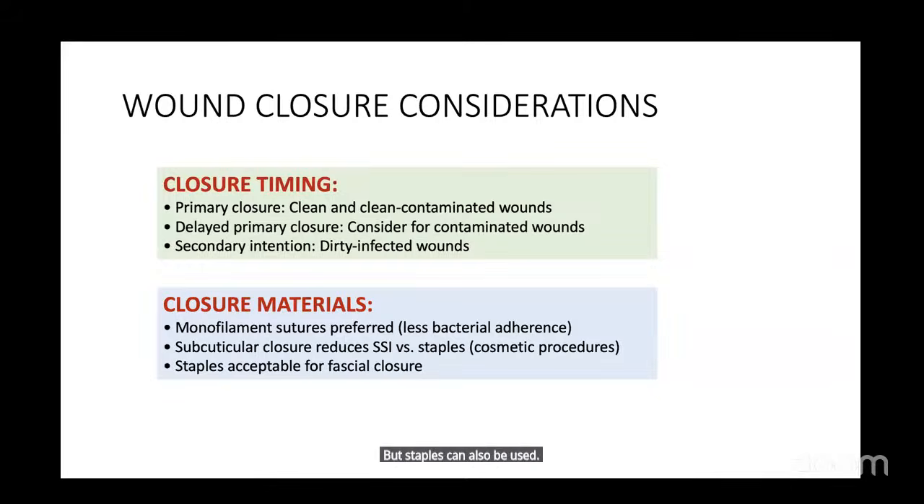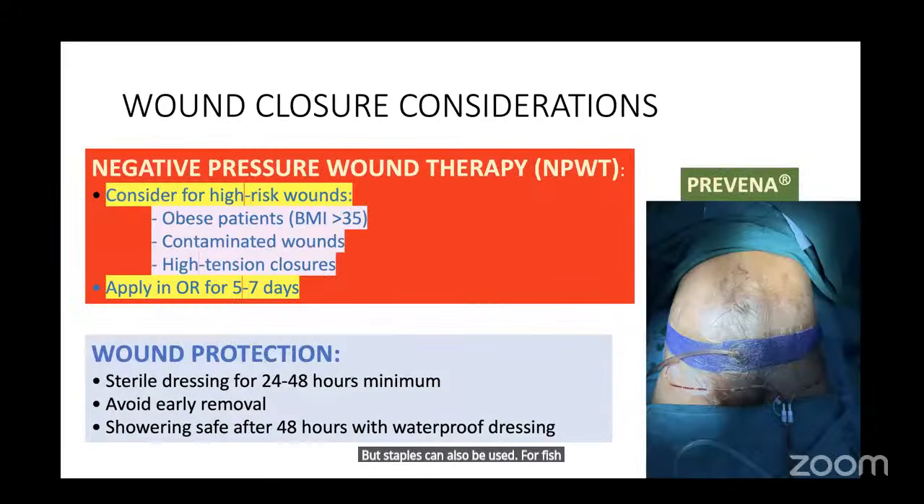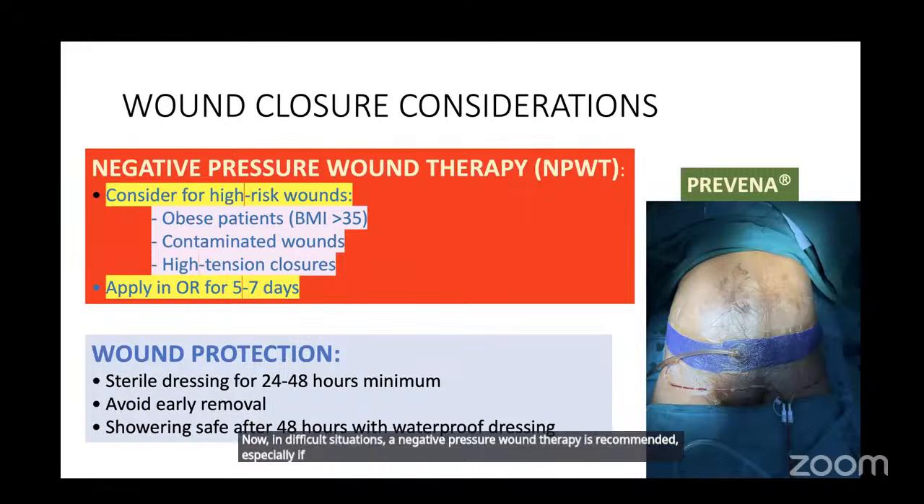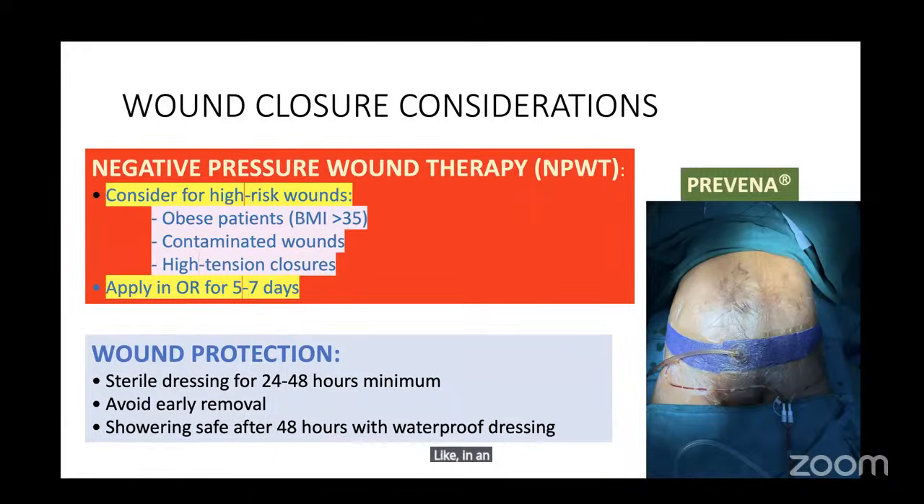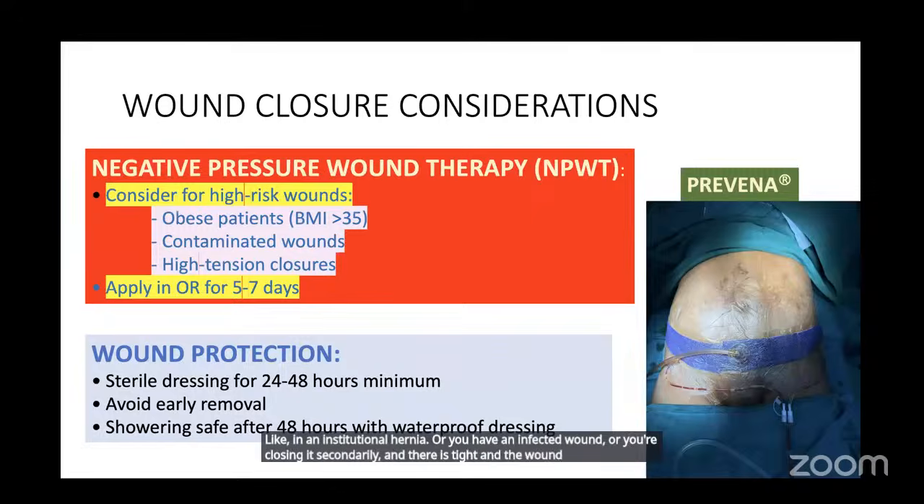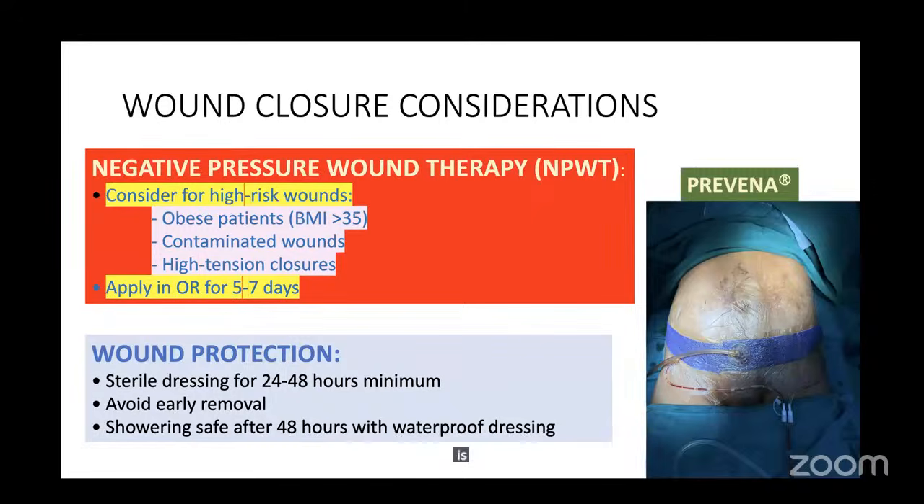Now, in difficult situations, negative pressure wound therapy is recommended, especially if you have a high risk wound. If it is an obese patient, a contaminated wound, or a high tension wound, like in an incisional hernia, or you have an infected wound, or you're closing it secondarily and the wound is under high tension. So this on the right side is the